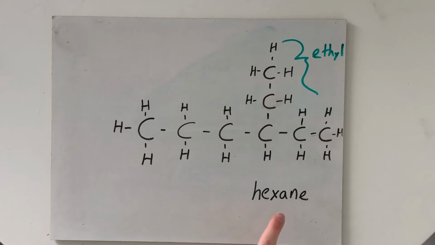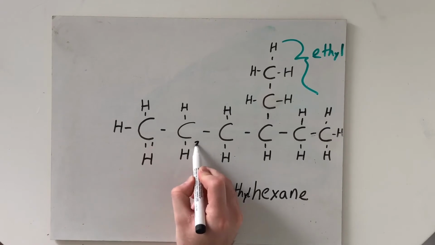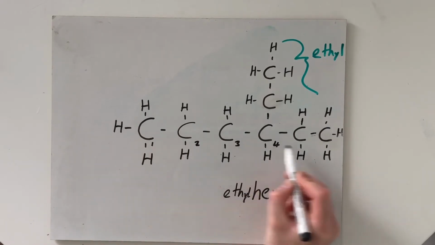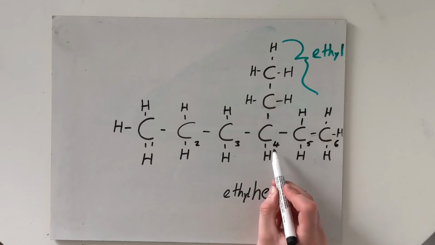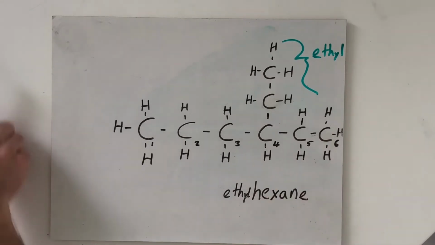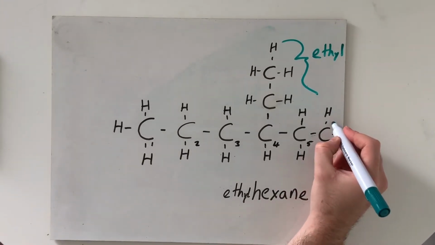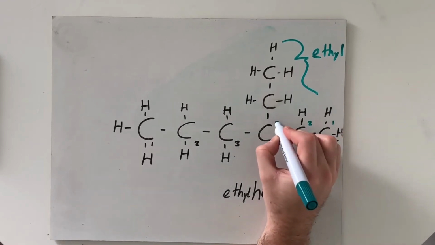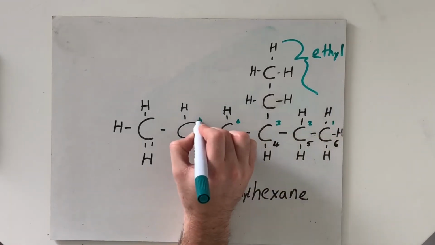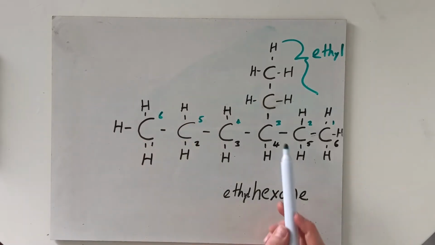So we've got hexane with an ethyl branch coming off that chain. And the last thing to think about is what number of carbon that ethyl branch is coming off. If we go from left to right, we'll see that 1, 2, 3, 4, 5, 6, it's coming off the 4th carbon. However, if we read from right to left, 1, 2, 3, 4, 5, 6, it's coming off